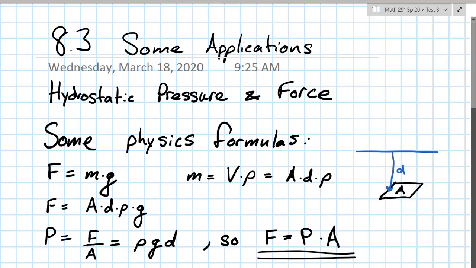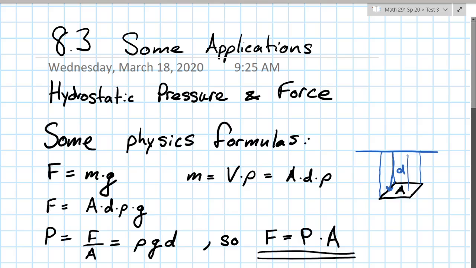Okay, so some formulas. From before, we have force equals mass times acceleration, in this case acceleration due to gravity. But the mass that we're thinking of here is the mass of the water above the plate. So the mass is equal to the volume of the water times the water density. And you can think of that as we've got a column of water